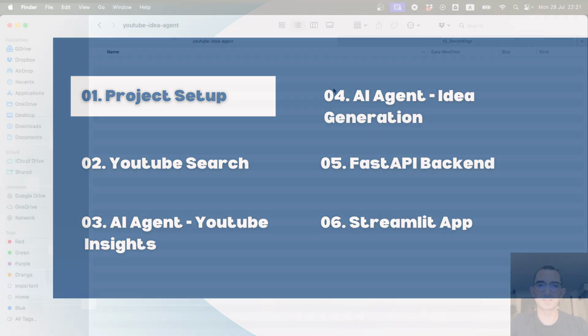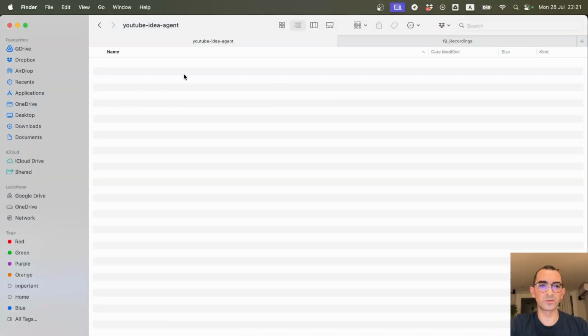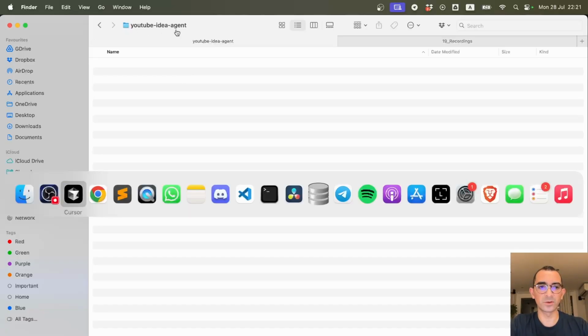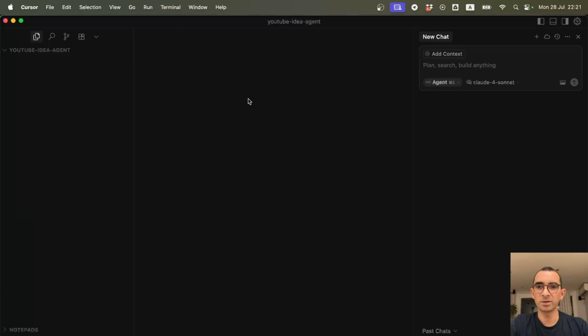We start by setting up our Python project. So the first thing is we create an empty folder. I call this folder YouTube Ideas Agents, and I open this folder from Cursor. Cursor is an AI-powered IDE, and you can see here on the right-hand side, I have this chat interface where I can interact with an AI agent, and this AI agent will help me implement some functionality and write code